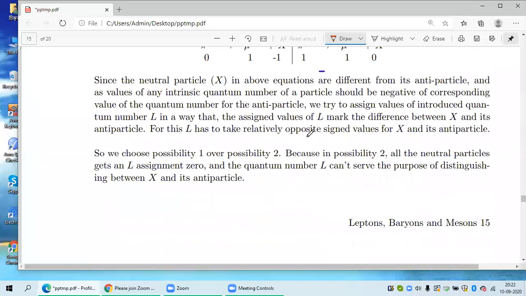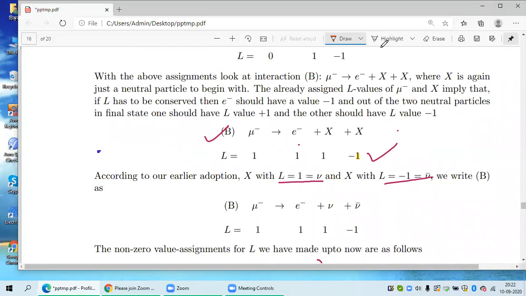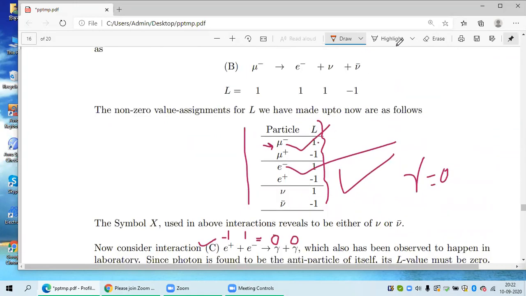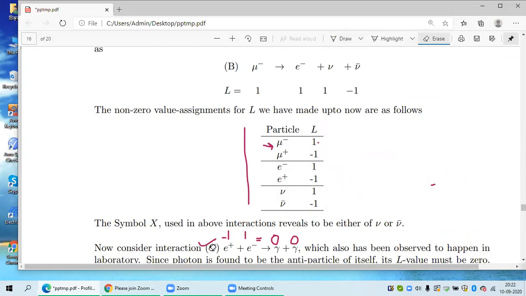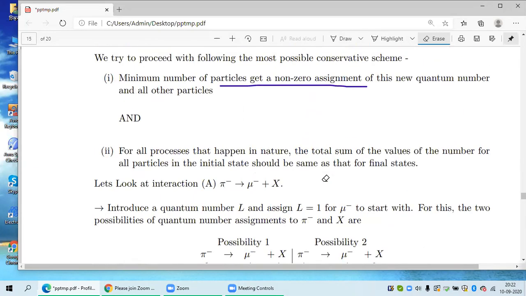So, are you getting some feeling for how this is done? Now you have to think, and you have to read this, but am I able to make you feel how this quantum number assignment is going on? Yes, sir. Sir, in the B reaction, if we choose the electronic lepton number for the electron as -1 and both X to be neutrino.